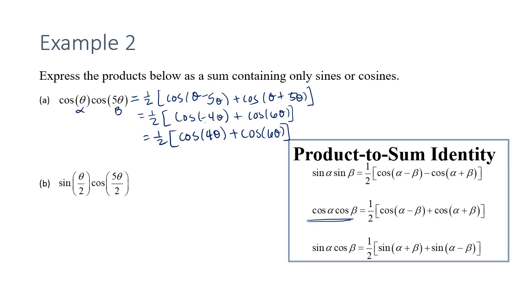Now if we had to do the same thing, and now we're dealing with some half angle formulas. There's our alpha, there's our beta. This is going to match up with this third formula. So that's going to equal 1/2 times the sine of alpha plus beta plus the sine of alpha minus beta,